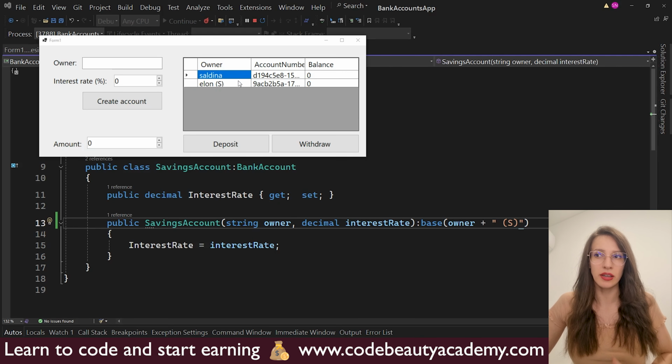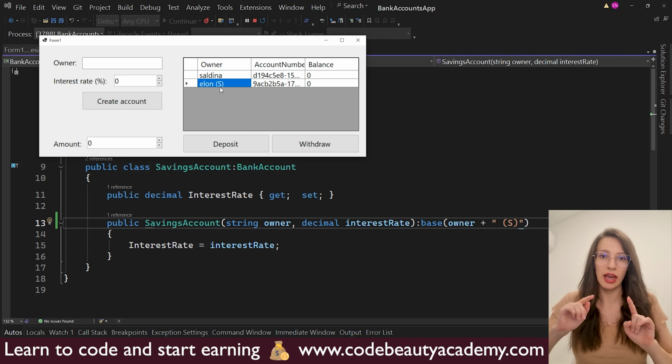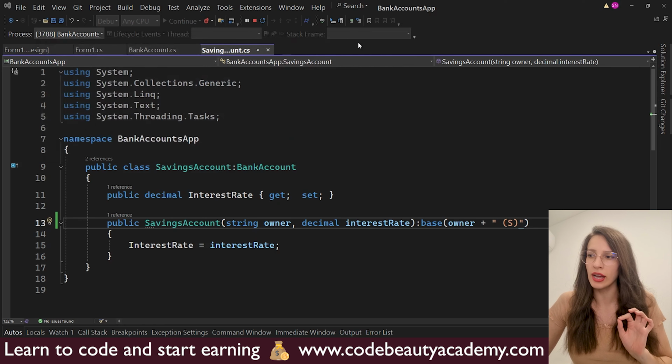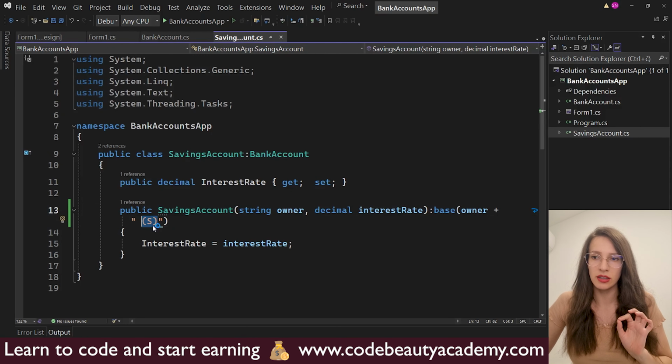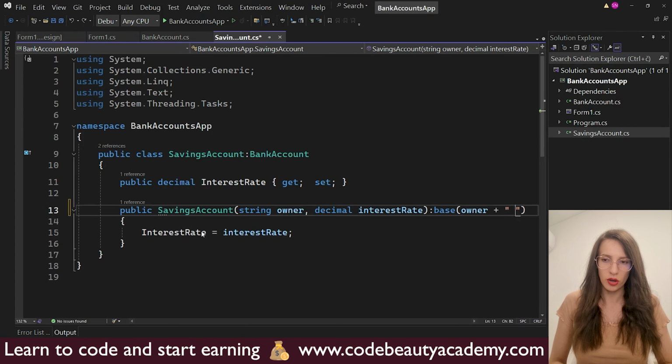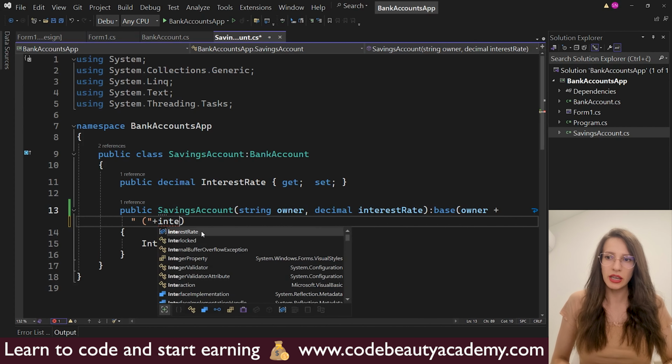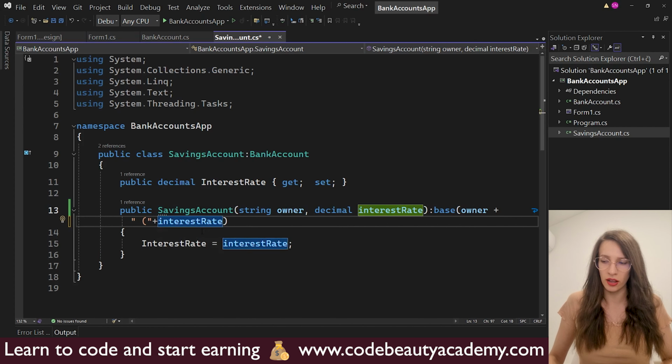And what would be better, instead of just having this S inside parentheses, is to have the actual interest rate. So let's do that. So here, instead of passing this S, I will just open parentheses like this, and then I will say, please pass the interest rate itself, and then let's close parentheses,